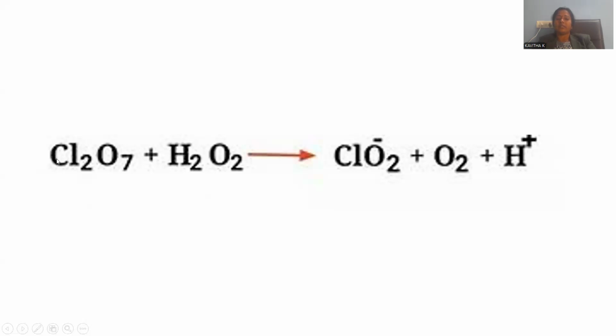Chlorine is able to exist in positive, negative, and even zero oxidation states. Various oxidation states are possible for non-metals in general. Especially for halogens, a variable number of oxidation states are possible, and chlorine exists in the +7 oxidation state in Cl2O7. Upon reacting with hydrogen peroxide, there is a provision to generate ClO2 minus, O2 and H plus. Let me count the oxidation state of this. O2 will be there, 2 oxygens. Each oxygen contributes -2. -2 multiplied by 2, -4 will be there. Among -4 here, one negative charge compensates one charge, so that only -3 will be there.